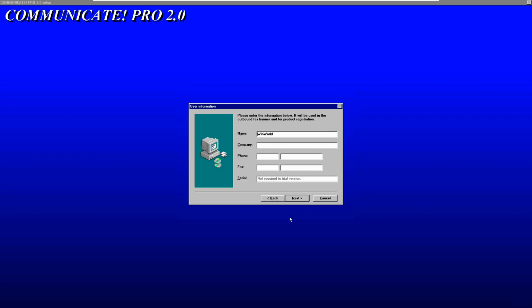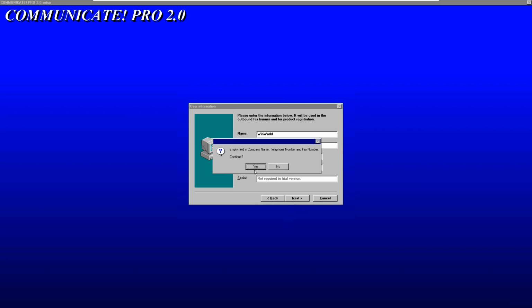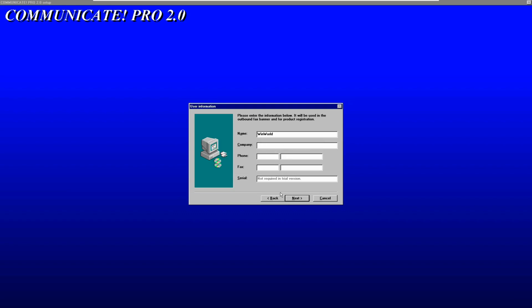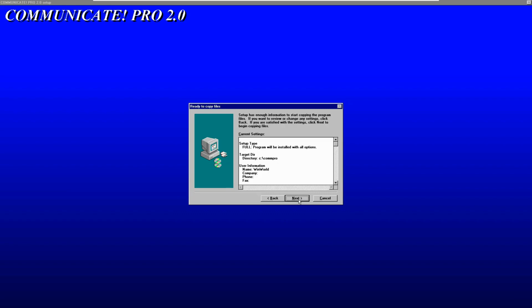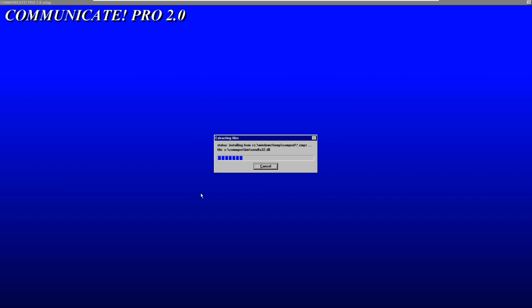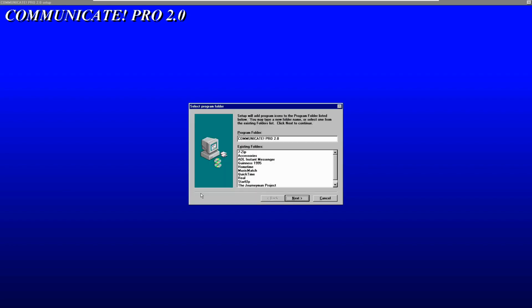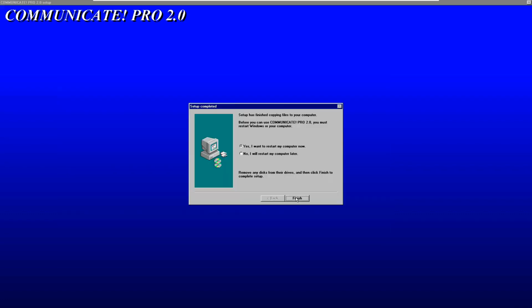Let's install this. Yeah, we'll skip the phone numbers. It's so funny. I used to love doing this kind of junk as a kid, and here I am today, still in my free time doing this junk. I gotta restart my computer. Yeah, let's restart, and we'll be right back.